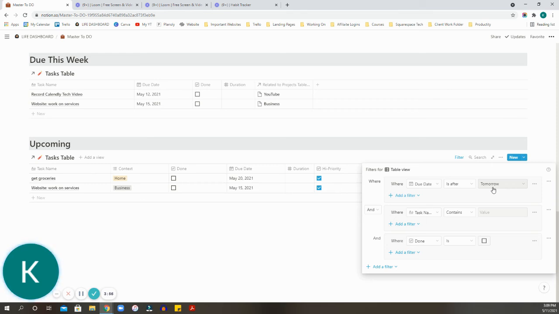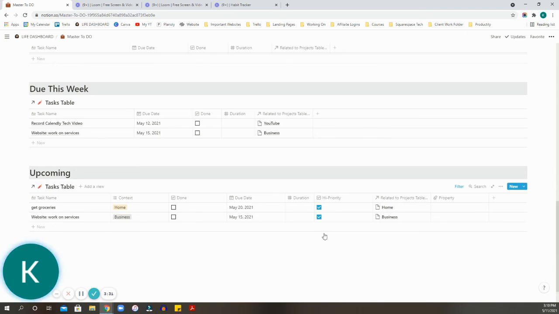Usually I don't have anything that's due this week in here. But sometimes I kind of flip flop on how I want this to look, but you can change it to the due date is after today, tomorrow, yesterday, 1 week ago, 1 week from now, 1 month ago, 1 month from now, or exact date. And then I'll have where task contains and where check is blank. So there's so many different things that you can filter out, but basically this is my get things done master